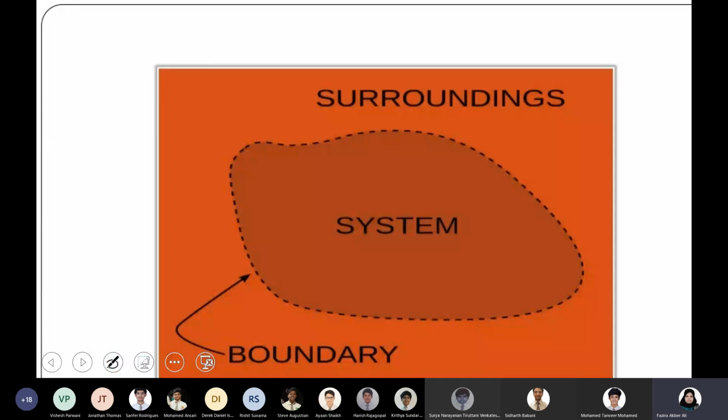This is how you can simply represent it. If the entire thing is the universe, in the universe a certain part is the system. If you're looking for changes happening in a particular river, that river is the system and everything else will come as surroundings. The system can be small, like in a nano state, and it can be big also. It's based on which kind of experiment or research you are doing. The size can differ, but usually there will be boundaries separating system and surroundings.